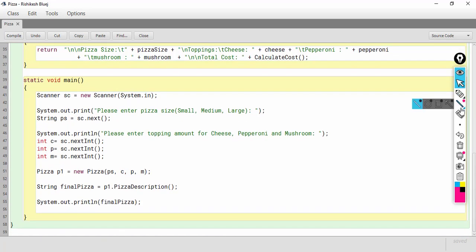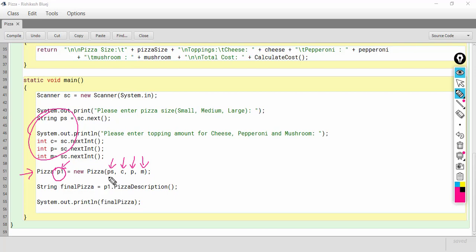Then finally I create an object of the pizza class as P1, and I pass all these values to the constructor of the pizza class.